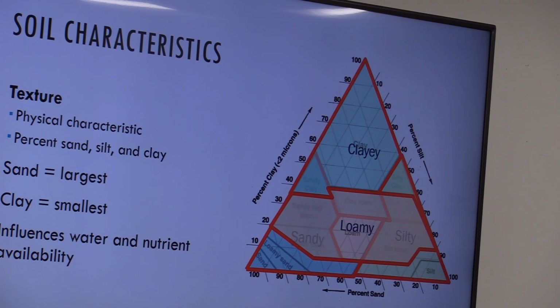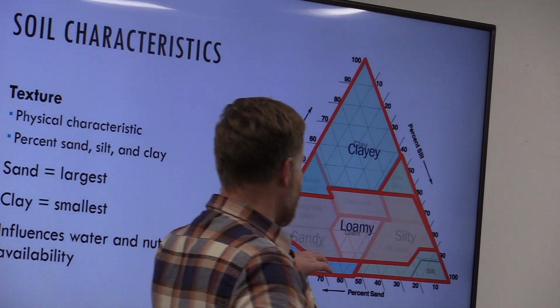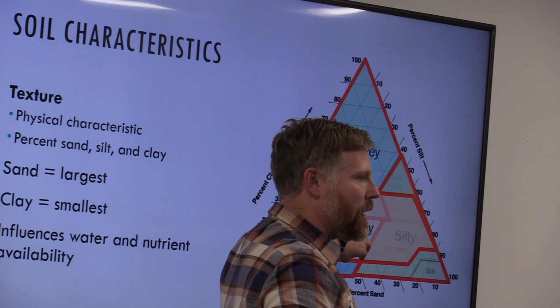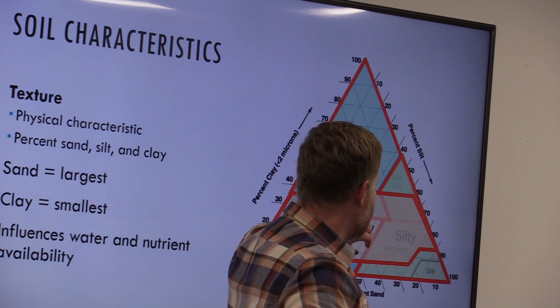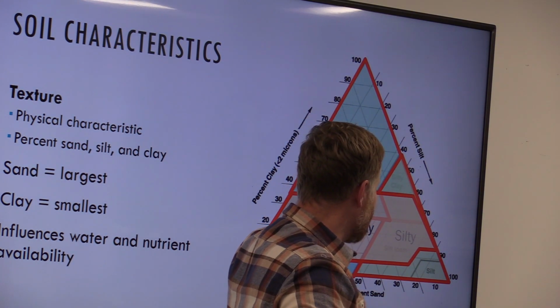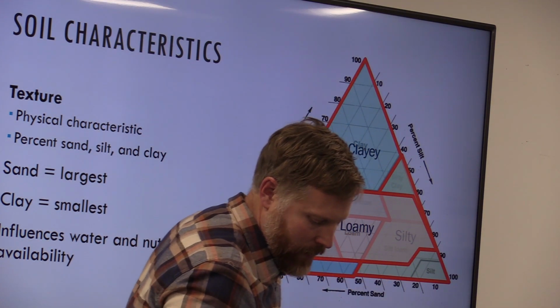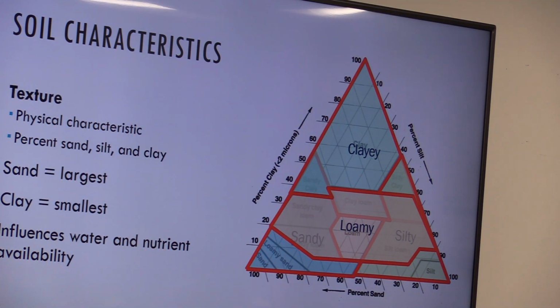I had a question because I learned way back that the prairies have the best soil for agriculture, that the grasses have the best soil as opposed to the trees and forests. So what we're going to see is that grasslands are going to be more loamy, but also climate plays into it. Some of our areas start getting into the clay loams, especially around here. But yeah, prairies do have really good soils. The problem is there's